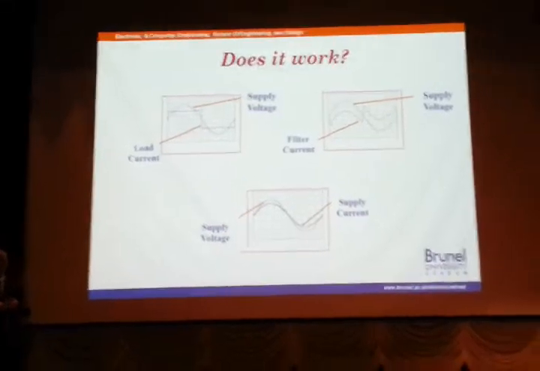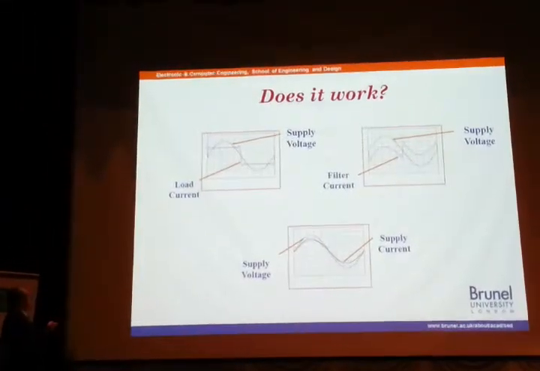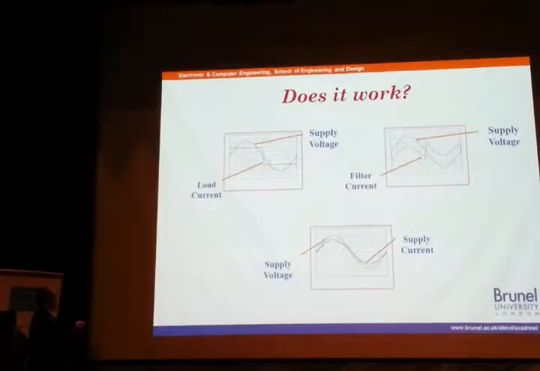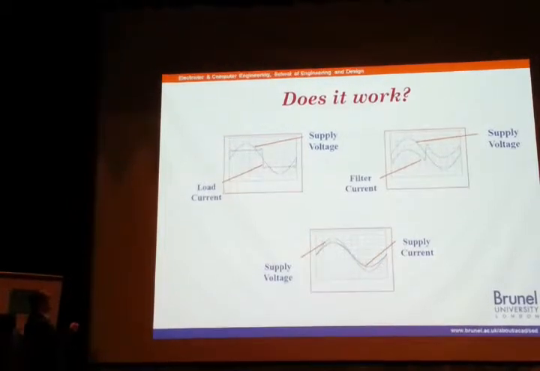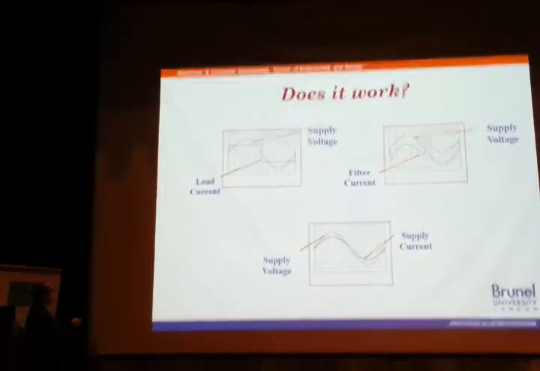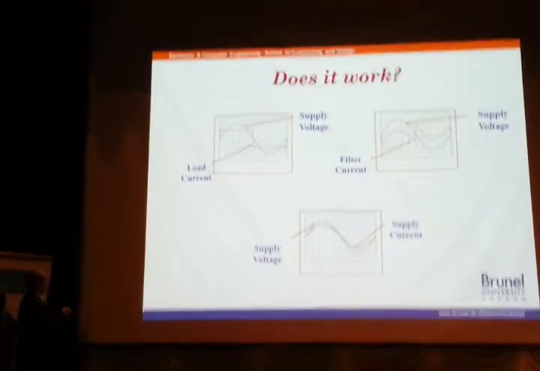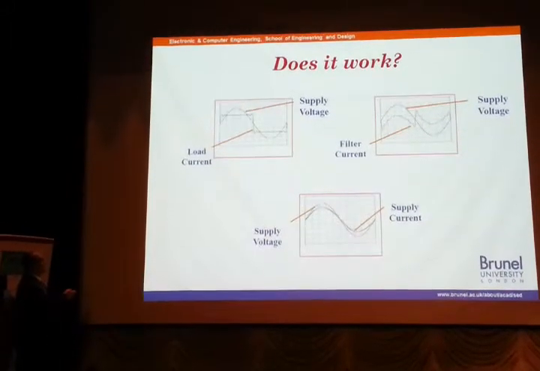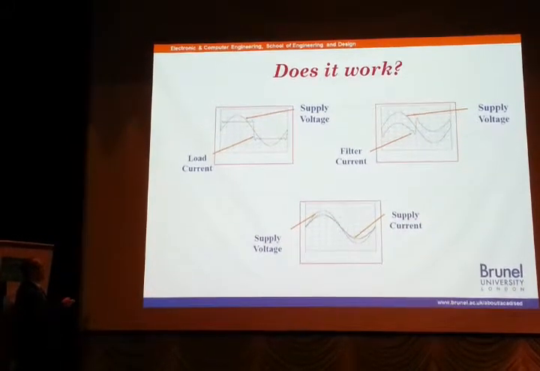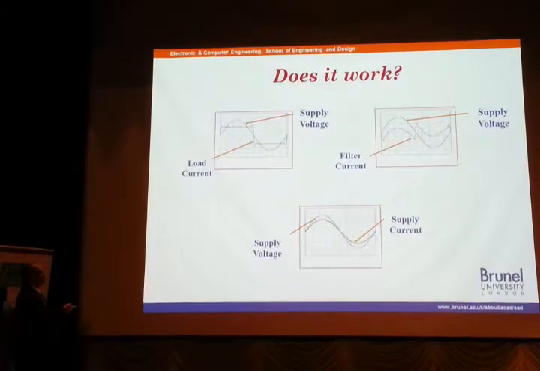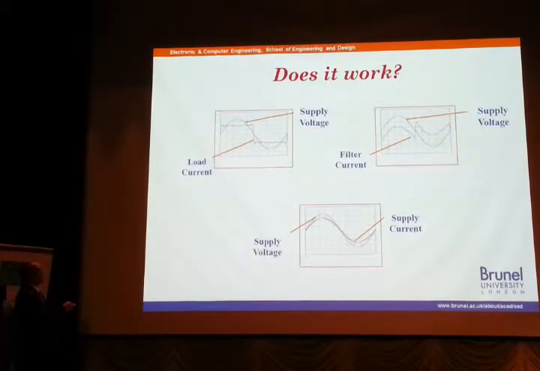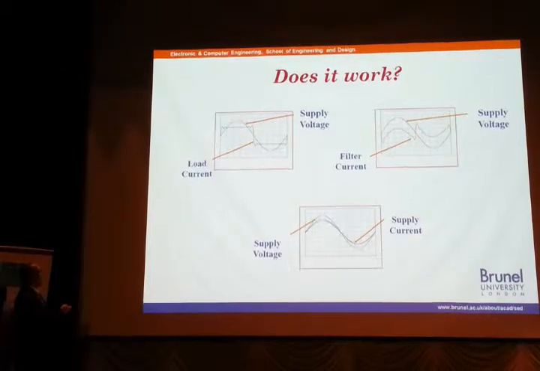How does it work, or does it work? If you look at the square wave, this is the square wave which is full of harmonics, and this is a voltage waveform. The other one, I still have the voltage waveform, and this is the current which is injected. If you take this current and add it to this square wave, you will end up with a nice sine